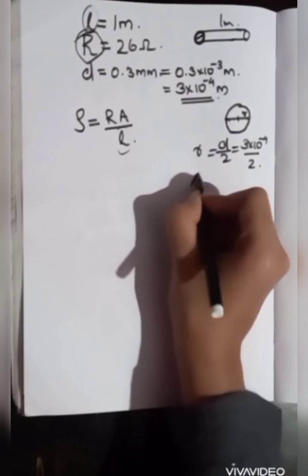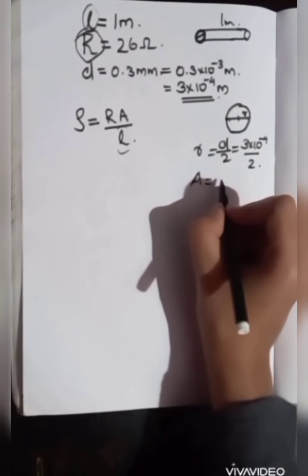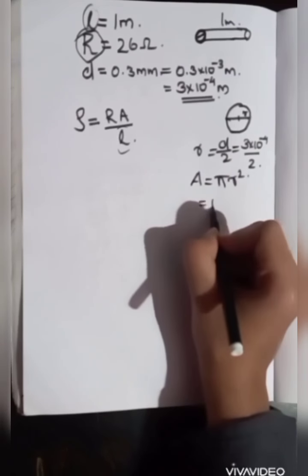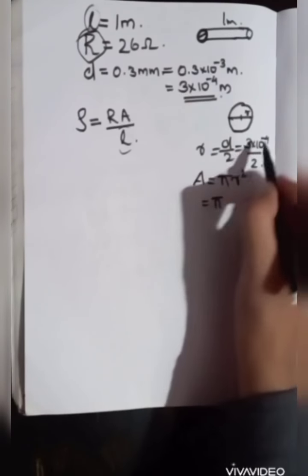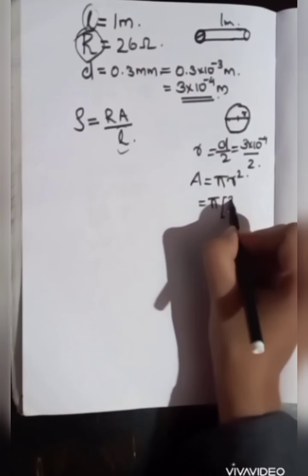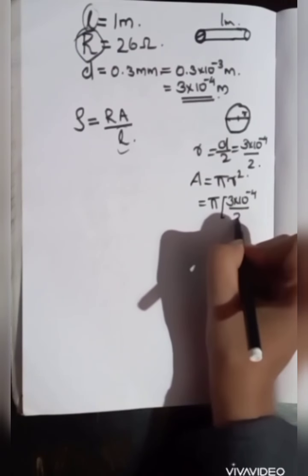We already studied the area of a circle in mathematics. The area of a circle is equal to pi r square. That is pi into 3 into 10 raised to minus 4 by 2,